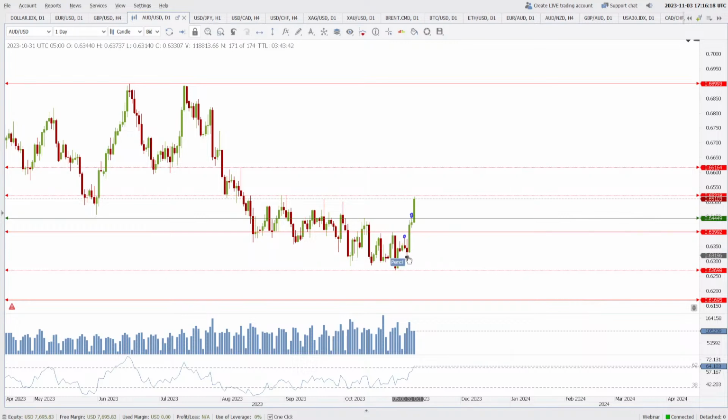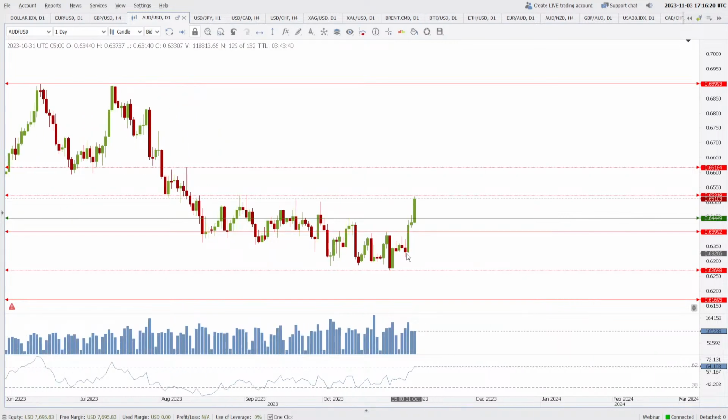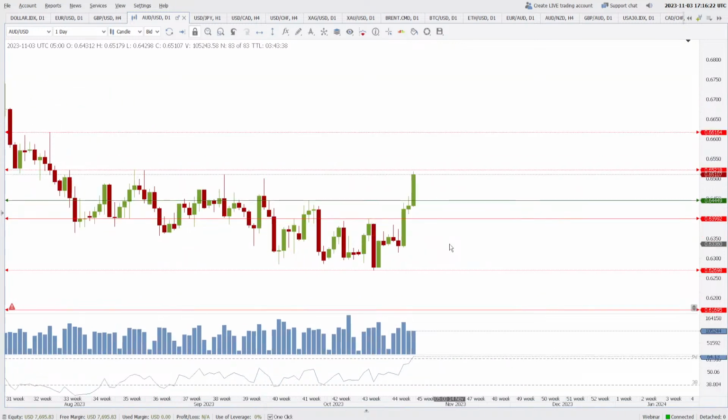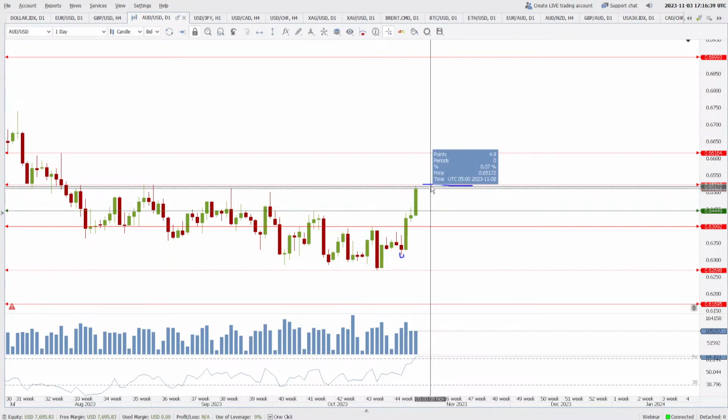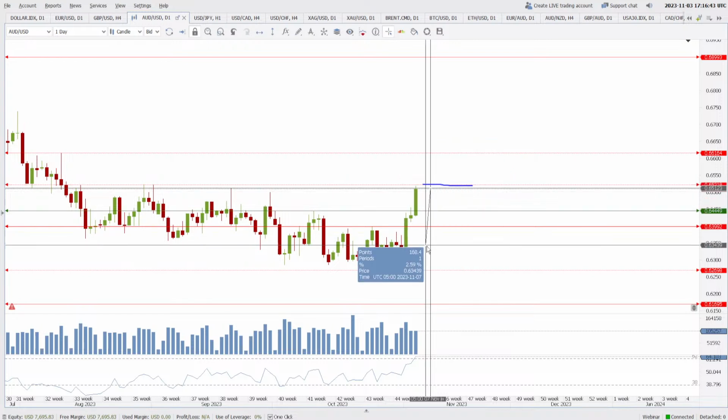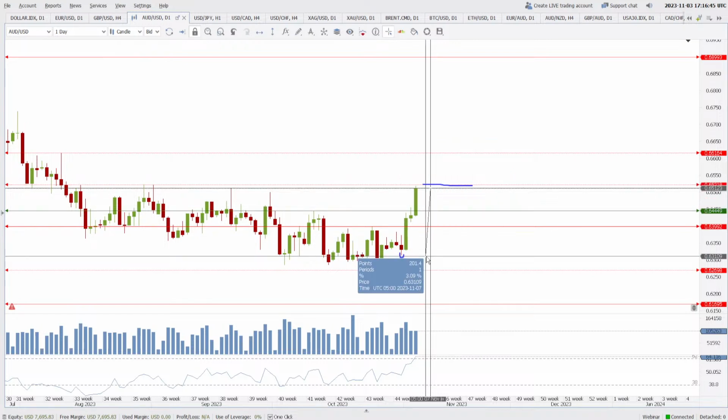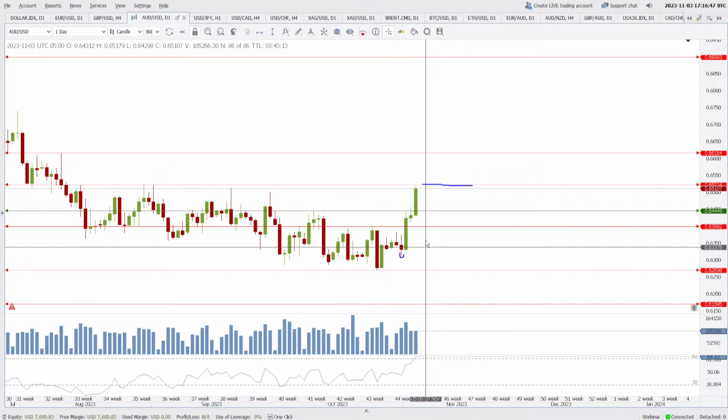My trader friends, you might be thinking, oh, we know that the market is going up, why not buy now? Not to buy now, because we know that upside is limited here. This is the maximum extent where we are expecting the price to go, but on the downside we have this much where the price can go. So if you are a little wise, then you will not be buying the market with 11 pips of potential profits and 200 pips of potential loss. So you don't want to buy such a market.